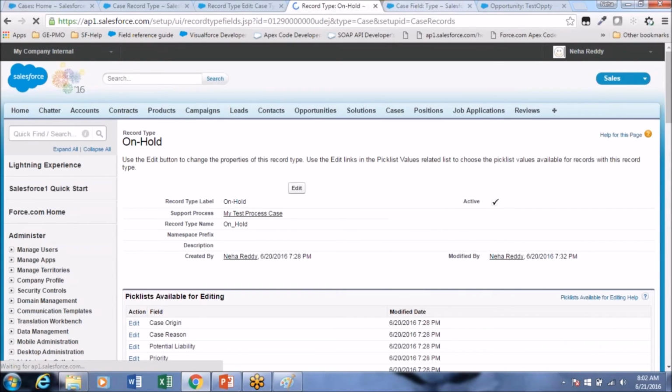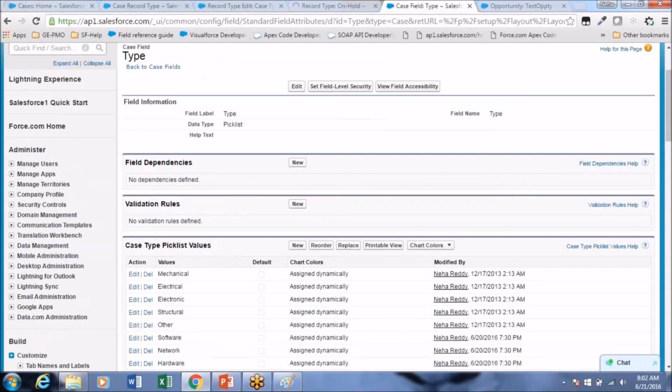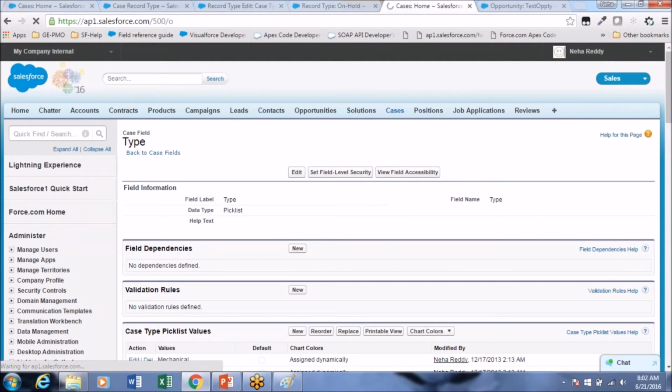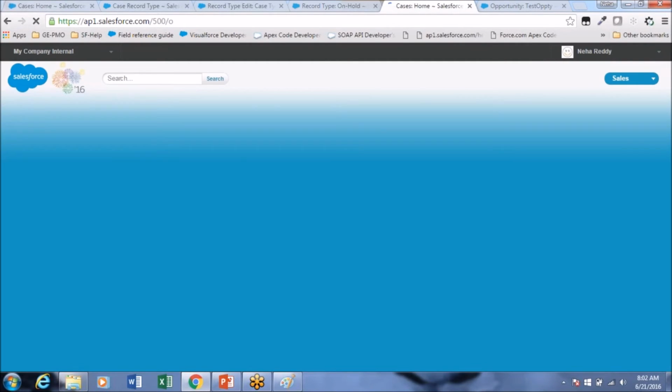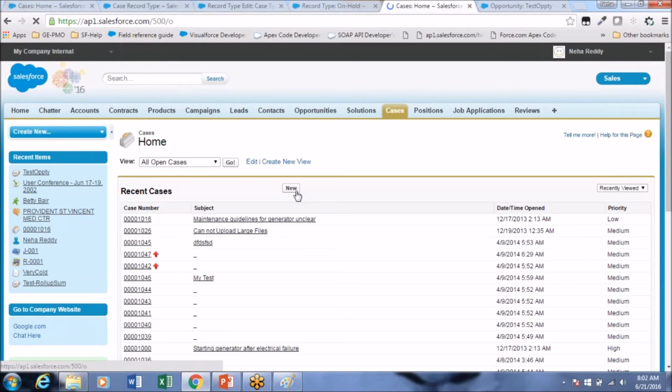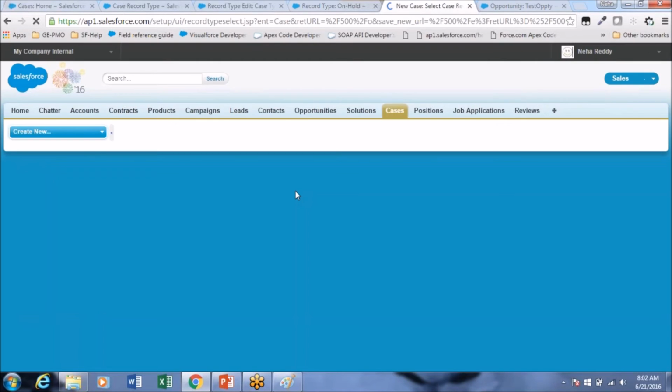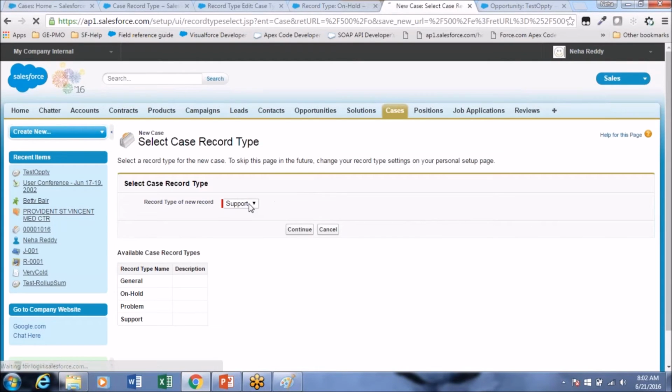Okay, so when you go to the case object here, click new, select general, continue.